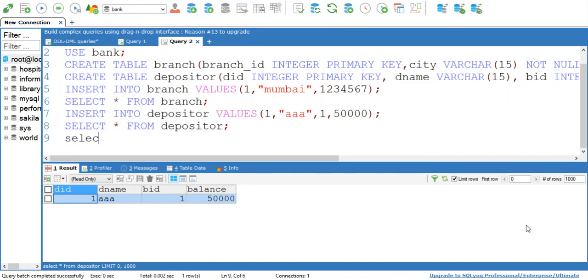So I can write the query: select. First I want to display depositor ID, that is DID. Then I want to display branch ID, BID. I want to display branch name. Branch name is in the branch table, or the city of that branch. So city is here, and balance. So I have listed four attributes. Out of these four attributes, three are from the depositor table and one is from the branch table. So I have written a query to select these four attributes from